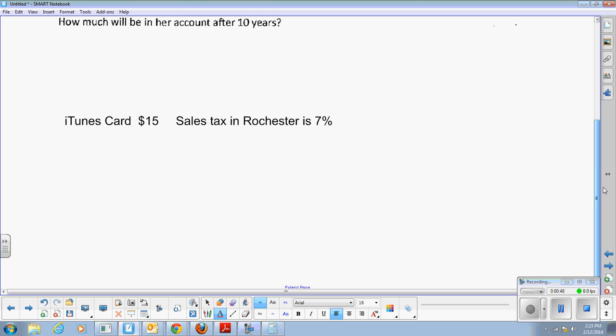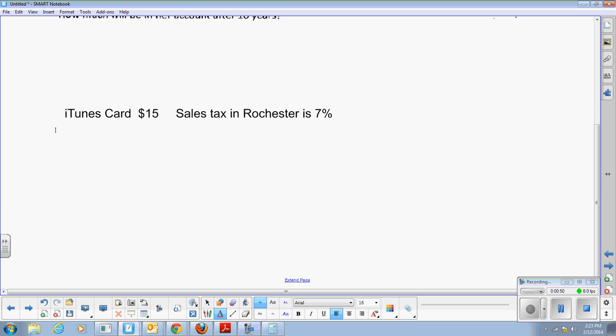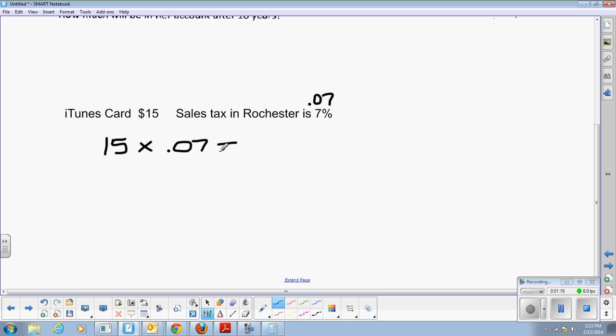Down here at the bottom, let's say we're at any store that sells iTunes cards, and you want to buy a $15 iTunes card and the sales tax is 7%. So what does the store do? Well, the store will take that $15 and they're going to look at this percentage and change that to 0.07, because what that says is for every dollar in the price, you have to pay an extra 7 cents. So they're going to take that 15 times 0.07